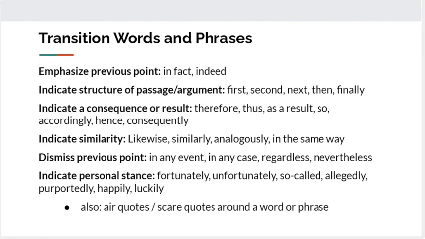Sometimes the author will make a point or mention a point, maybe some background information, and then try to sort of dismiss that or move on beyond it: at any rate, in any event, in any case, regardless, nevertheless. And you'll note that we've already seen nevertheless, but some of these words can be a little flexible in terms of how they're employed. To indicate a personal stance, in other words, a personal stance on the part of the author: